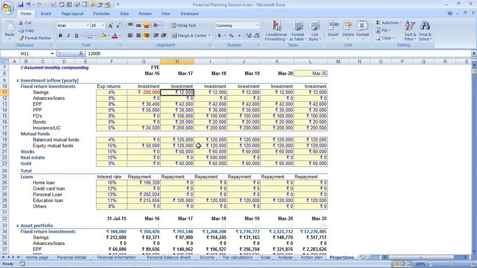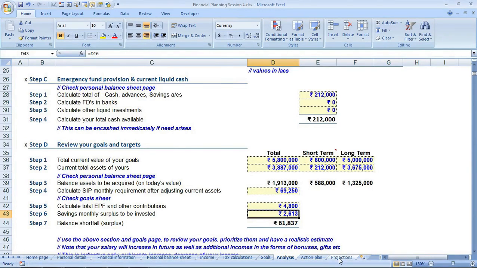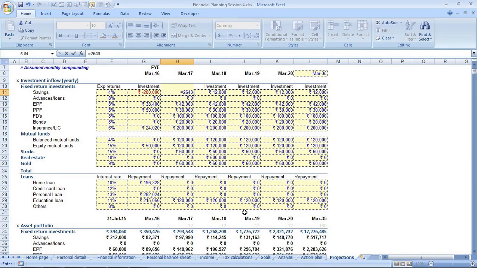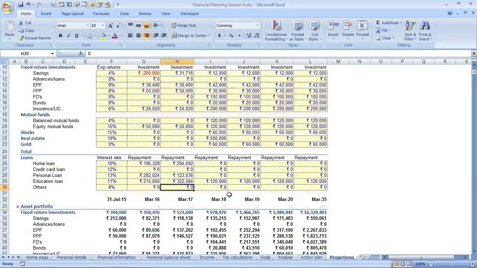So here 2643 into 12. PF, same amount PF. FD 0, bond 0, insurance same, essential funds, ELSS investments. 24541 into 12. 253 into 12. 632 into 12. Now if we see here,